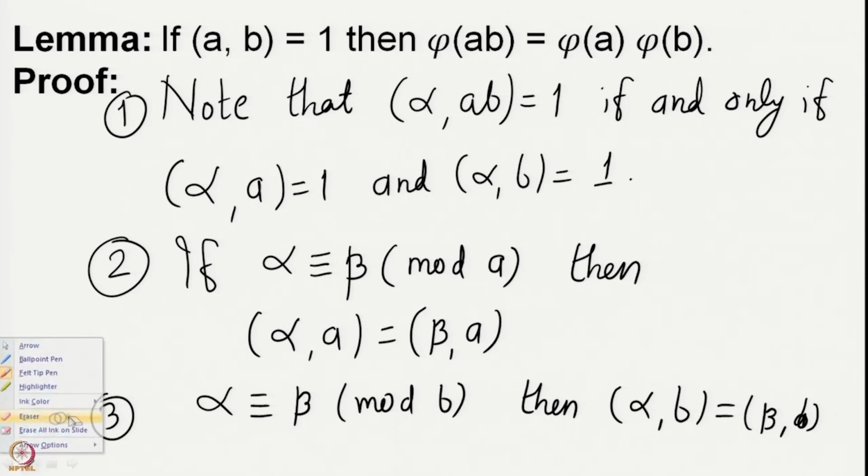So, these are the two things which can be seen quite simply, and therefore, we will not see the proof of these things, but we will just assume these both statements. In particular, they say that if you have some number which is co-prime to A, by adding multiples of A to it, you will still get a number which is co-prime to A, and the same thing will be true for the number B. Okay. So, now we want to compute the number of elements which are co-prime to AB in terms of the numbers which are co-prime to A and the numbers which are co-prime to B.